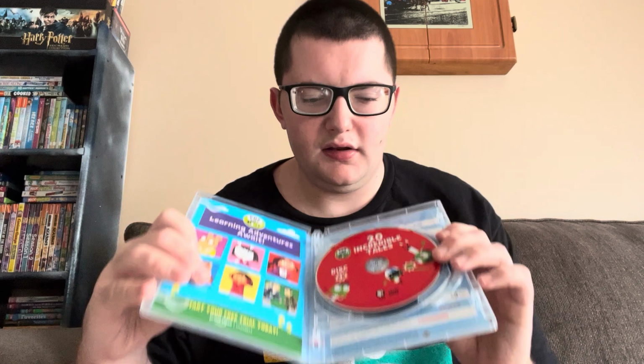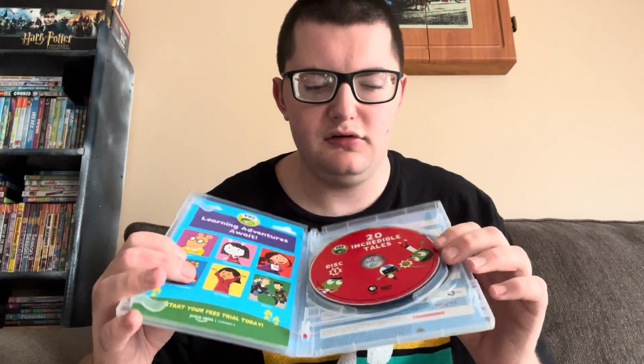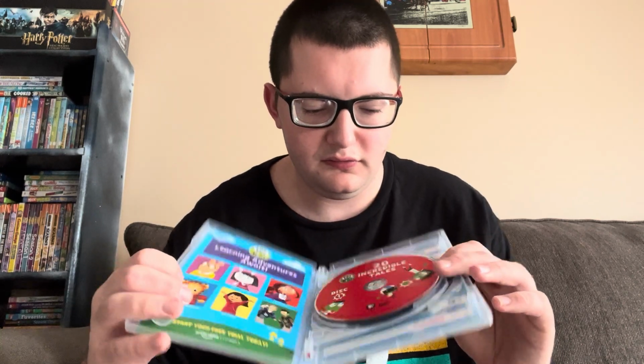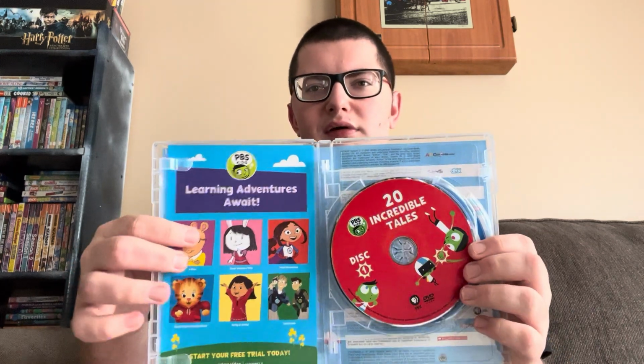And because there's a bit more shows in this one than the other DVDs with various episodes of PBS Kids shows, this one is split into 2 discs since there's 13 shows on this one. So there's disc 1 and disc 2. Disc 1 is red and disc 2 is blue, as you can see. And the insert talks about the PBS Kids Prime Video subscription channel there again. Anyway,